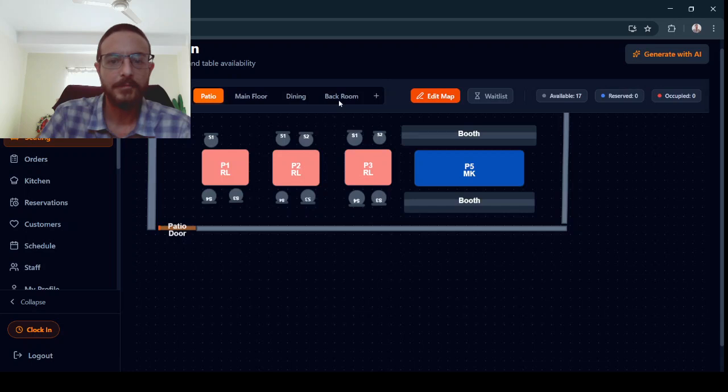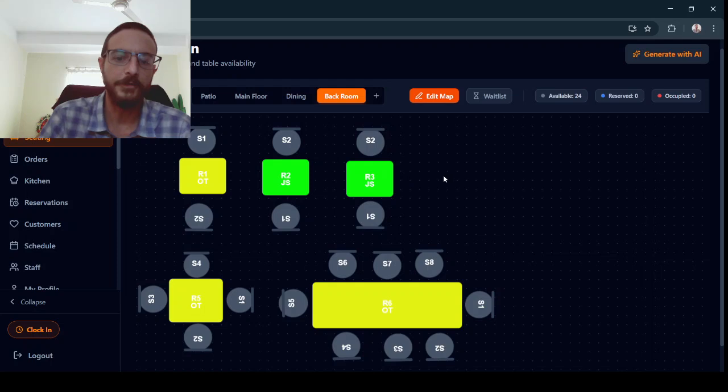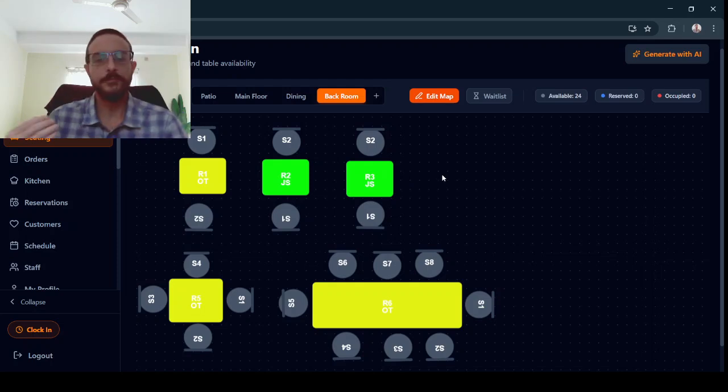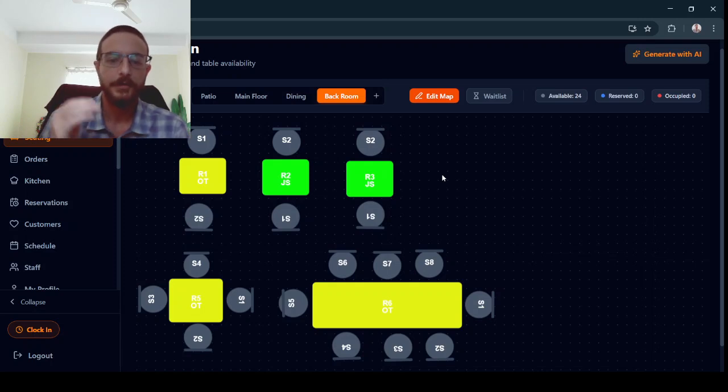And where was John Smith assigned to the back room? Boom, John Smith is now green. So when servers come in, if you're a general manager and you're setting table assignments and section assignments for the servers, this is how you would do it. You would just click a table, assign the table to a server,